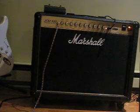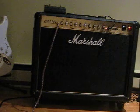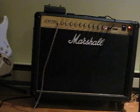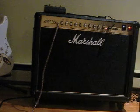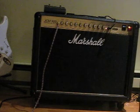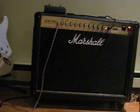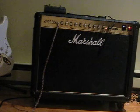So you can see it has some nice warm crunch and pretty good sustain as well. It's really great for any kind of lead playing, anything from blues to rock, straight ahead rock. So let's go ahead and see what that sounds like. Okay, so then you can do anything from AC/DC to Led Zeppelin,